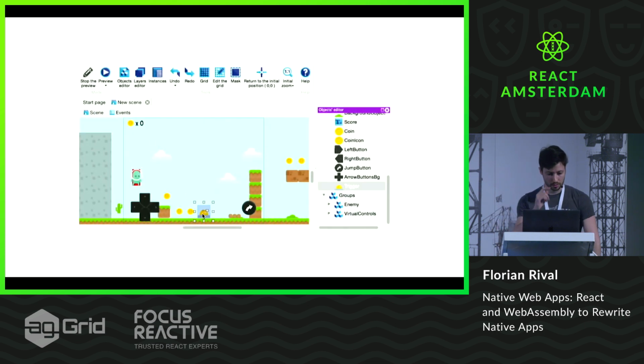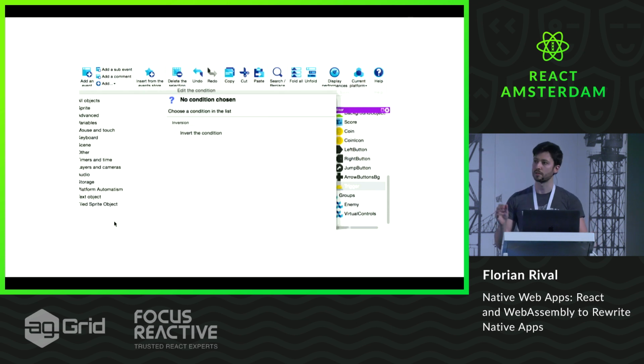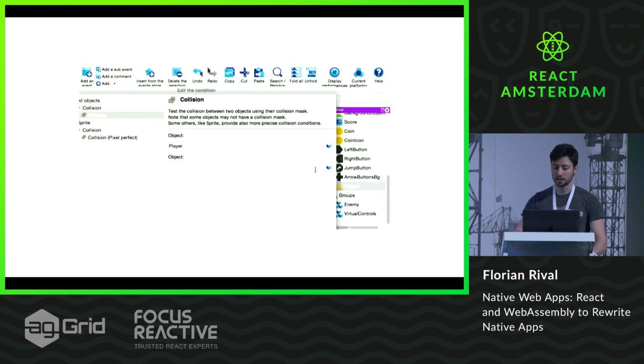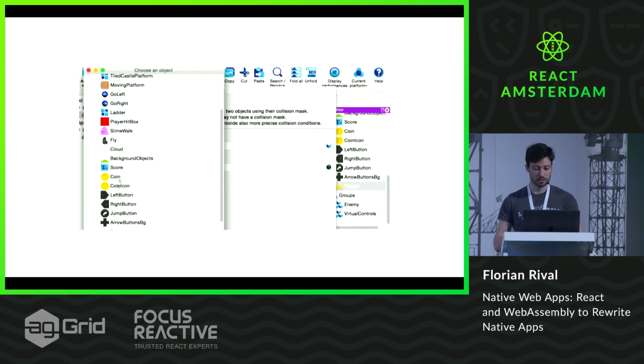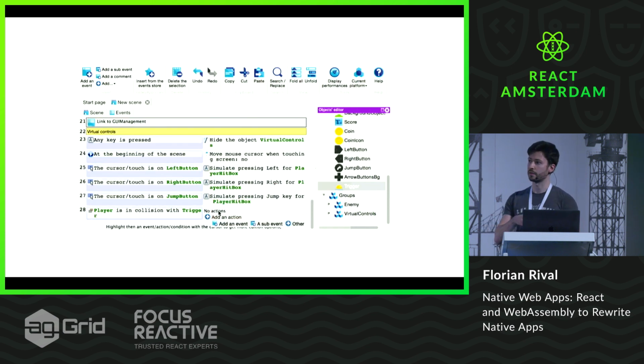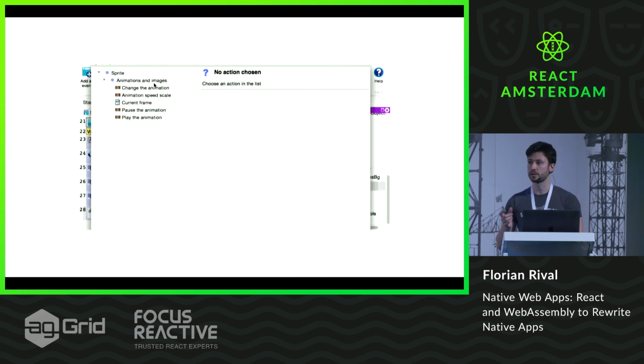So I'm putting the button on the stage, going to the events, and adding an event. Events are conditions and actions. The condition here will be if there is a collision between the player and the button. Then I will launch two actions. It's like an if-then. The first one will be an action to change the animation of